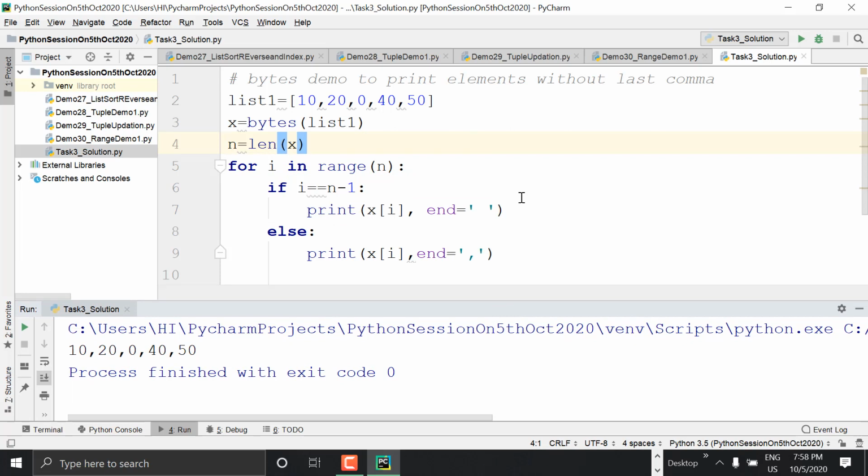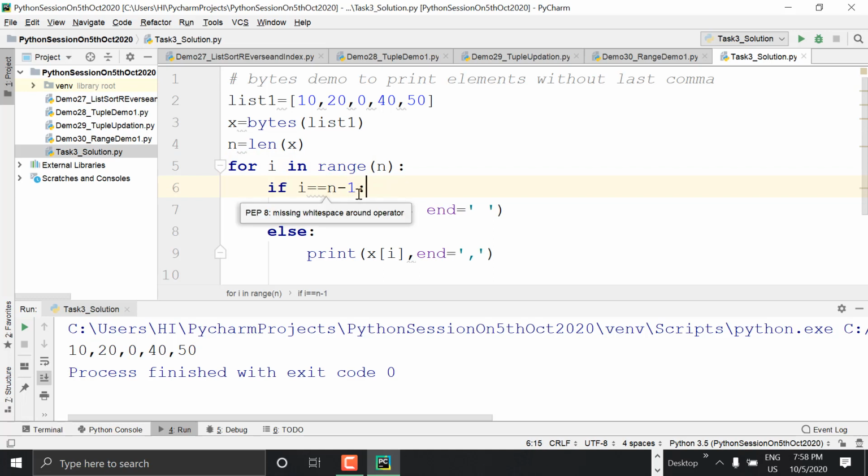So if i equals n minus 1, or directly you can write if i equals 4 also, no problem. But that is not dynamic, na? Sometimes I may increase these elements. I may add 2 more elements. Then this won't work. That is the reason I said n minus 1. If i value is n minus 1, then I need to print without any comma. The remaining else part means I said with comma.